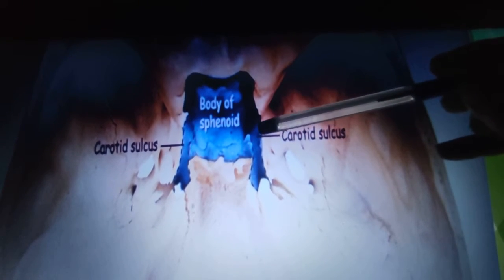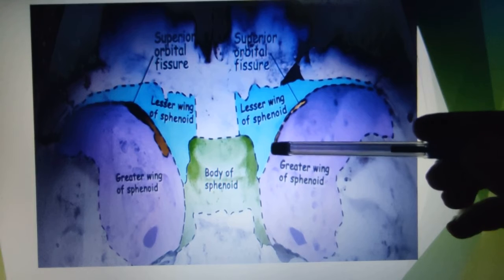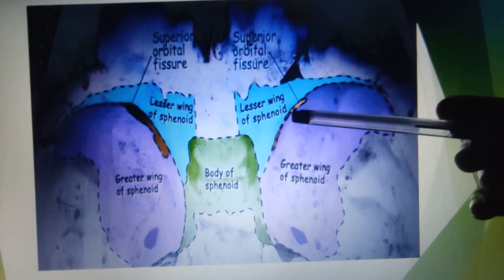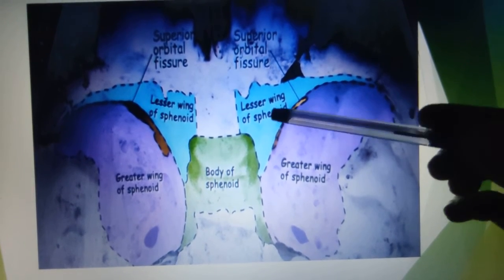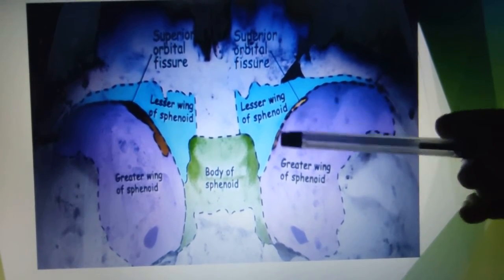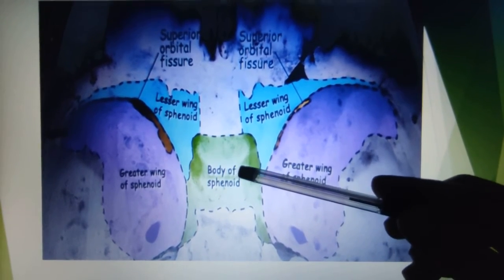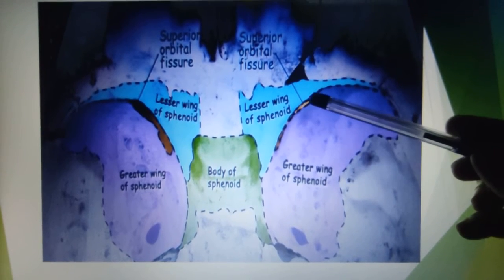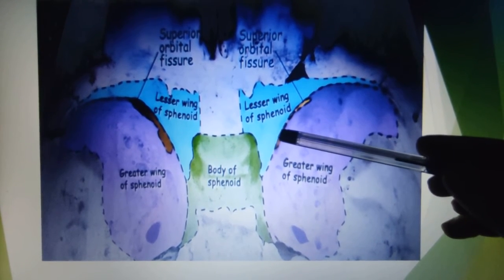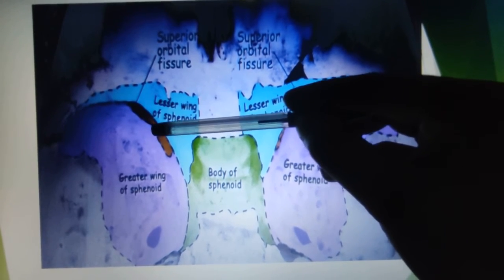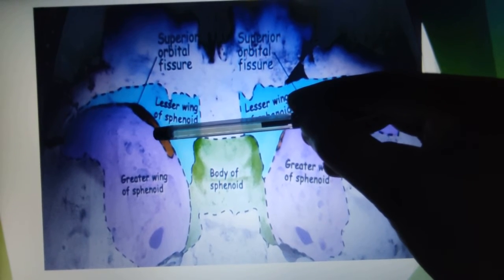Okay. Next, coming to the superior orbital fissure, this is the triangular depression just below the lesser wing of the sphenoid. Regarding its boundaries, above it is bounded by the lesser wing of the sphenoid, below by the greater wing of the sphenoid, and medially by the body of the sphenoid. The superior orbital fissure is divided into three parts. In the lower border, we can see the common tendinous ring of Zinn, which gives attachment to the extraocular muscles. Superior orbital fissure is a 5-mark question.